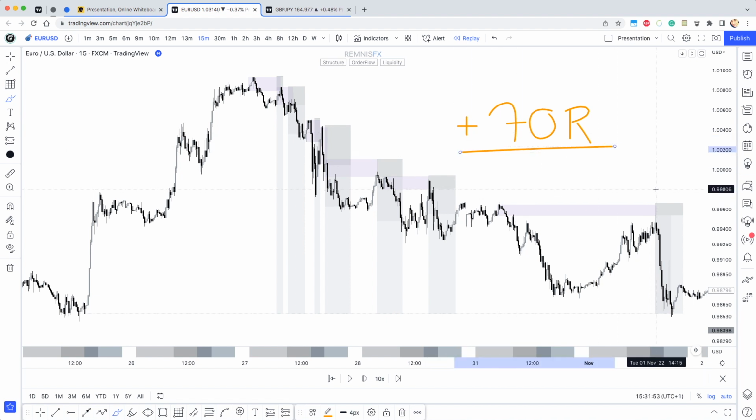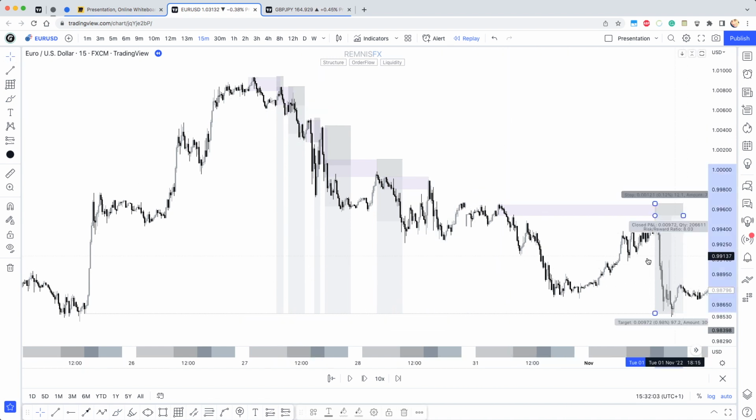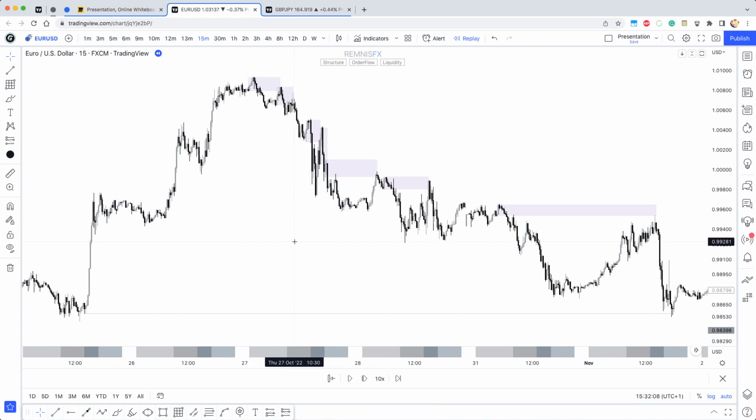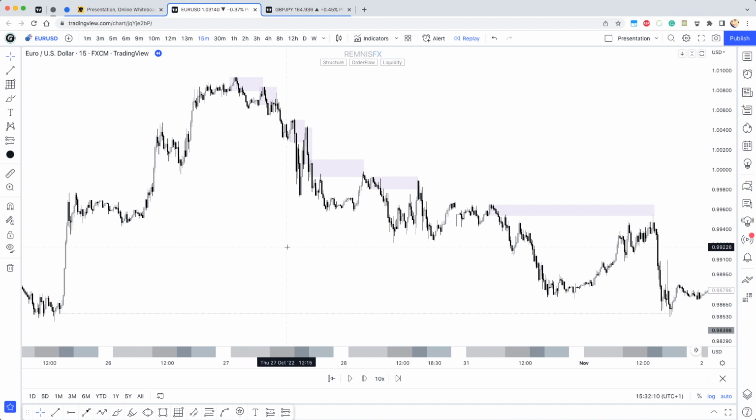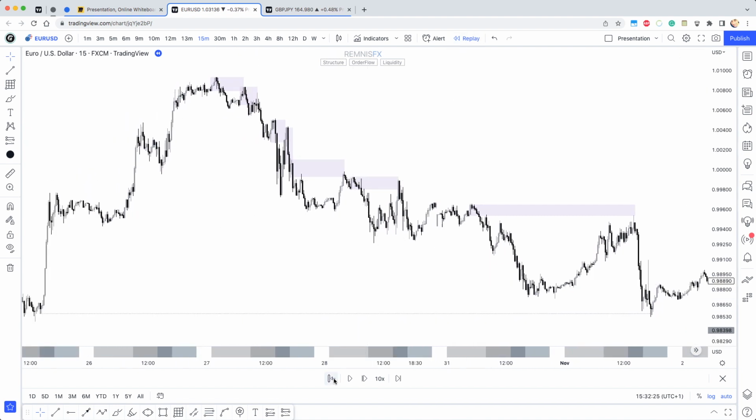Not bad, right? Now the interesting part is, let me remove all these short position tooling. Now the interesting thing is, let's say you have marked your order flow areas like this on the 15-minute time frame, and what you can do is, let me move the replay bar to this